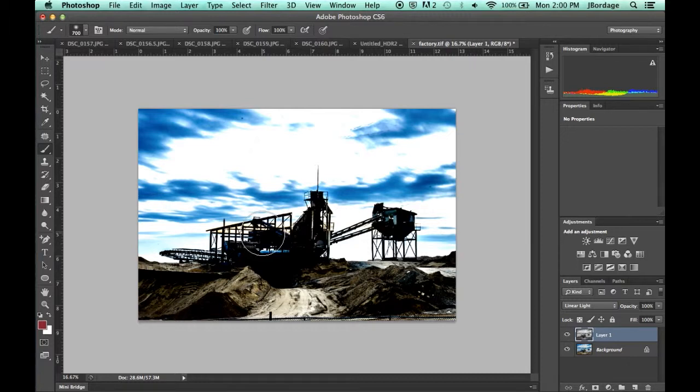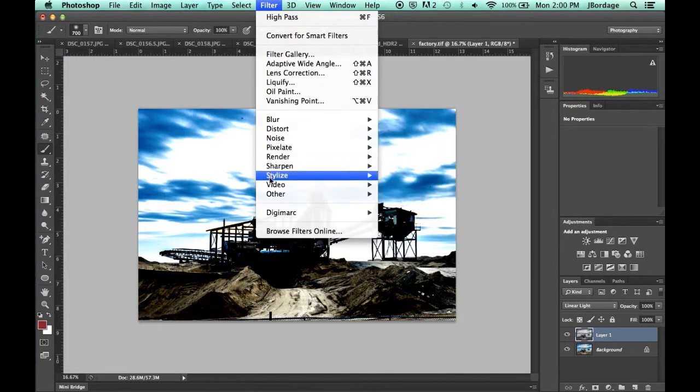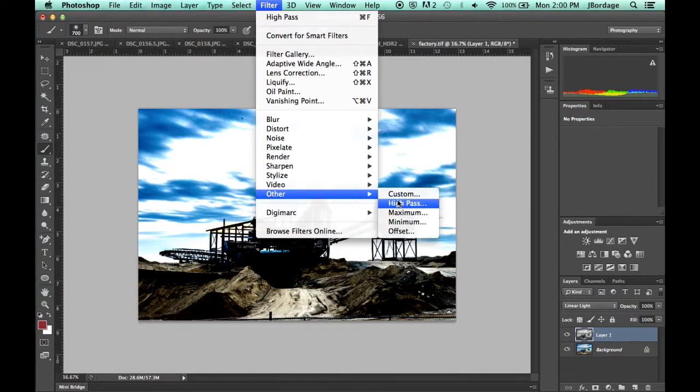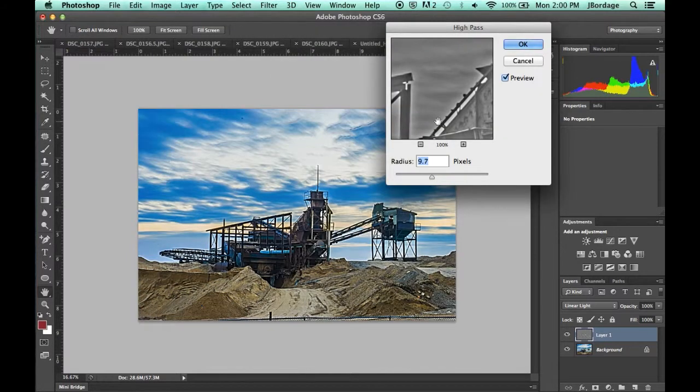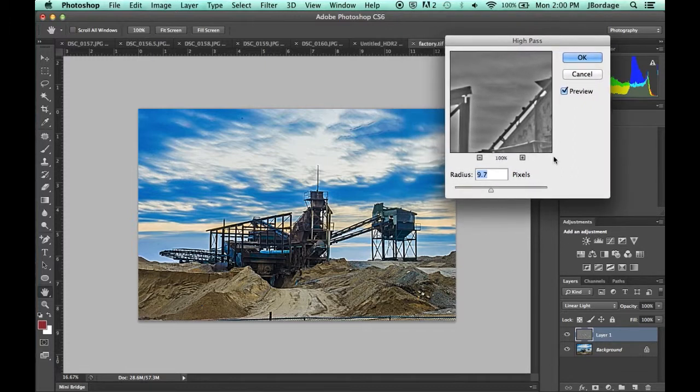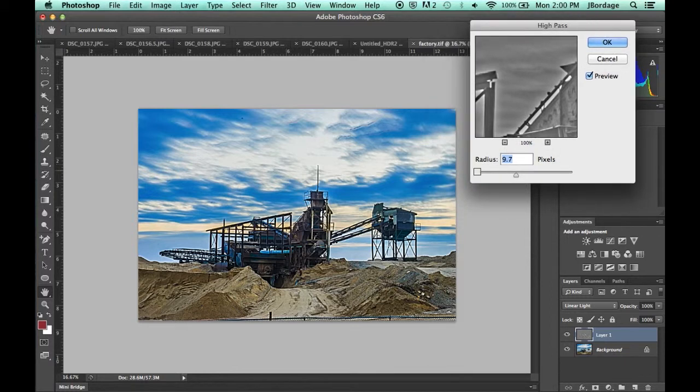We're actually going to go to the filter menu and go to high pass, other. So we're going to go to filter, other, high pass. And some of you have already used this as a means of sharpening, although this is going to be somewhat different. So once I hit filter, other, high pass, I have this now high pass filter with a slider. And notice what's happened already with this high pass slider is I have much more detail. Things are almost a little crunchy, but the difference in the tonalities are much greater. And I can move the slider around,